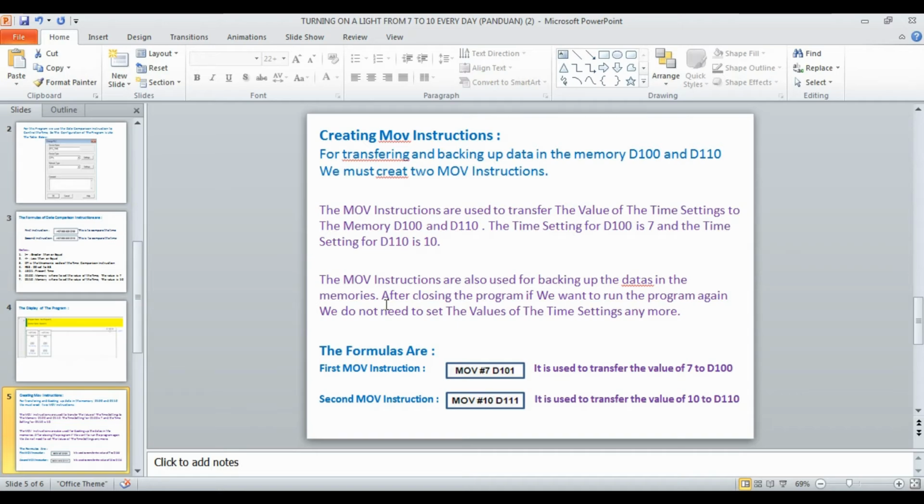After closing the program, we want to run the program again. We do not need to set the values of the time setting anymore. So the formulas are, for the first move instruction, MOV #7 D101. 7 is the value of the time setting to D100.